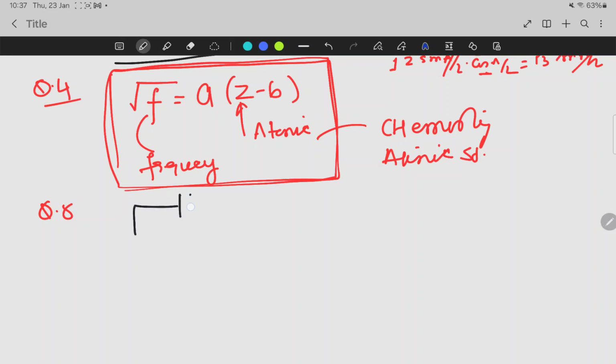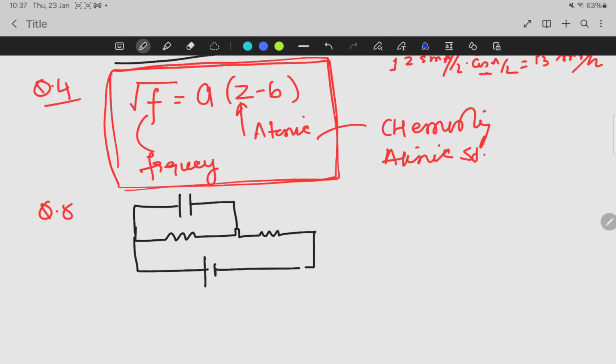Nowadays the paper has asked capacitor and inductor transient response and steady state response frequently. Now this is given as 5 volt, this is 15 ohm, and this is 10 ohm and 8 microfarad. Now what they ask: find the charge,